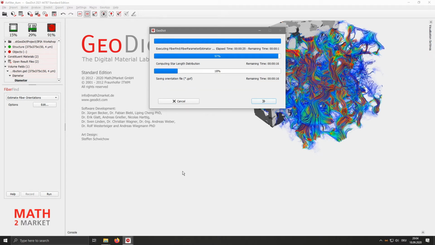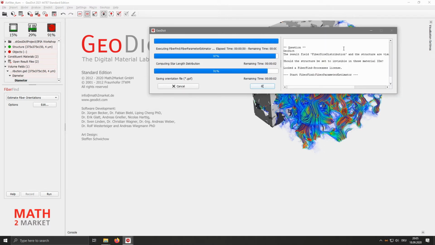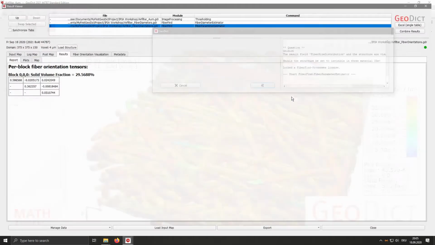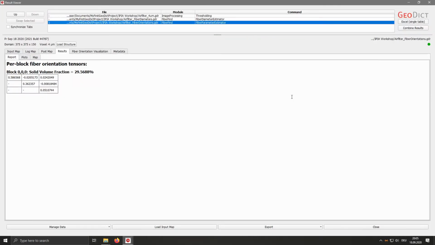Now it's writing the orientation file. If you want to see detailed information, you can also click on this button to open the console here, where you will see some output of Geodict.